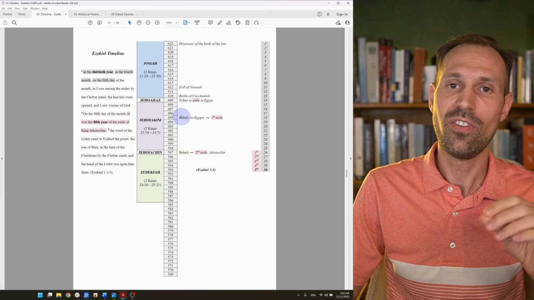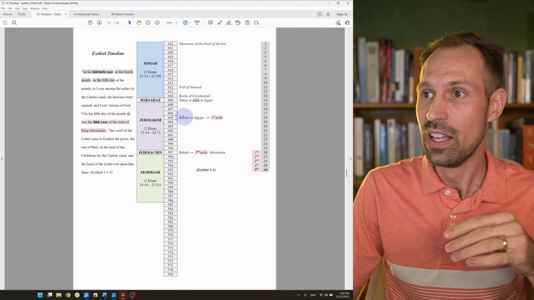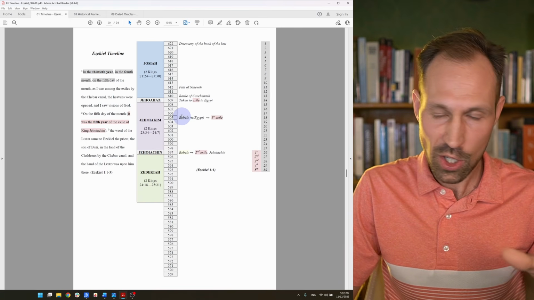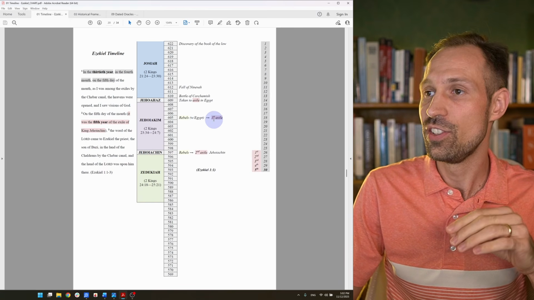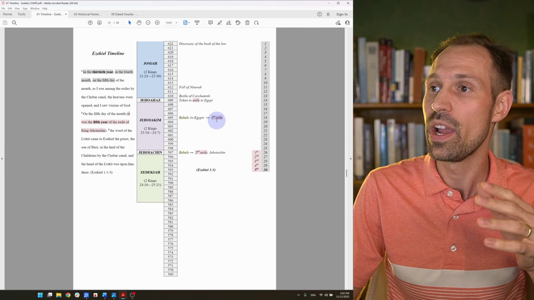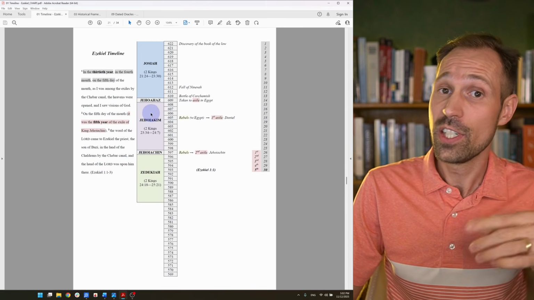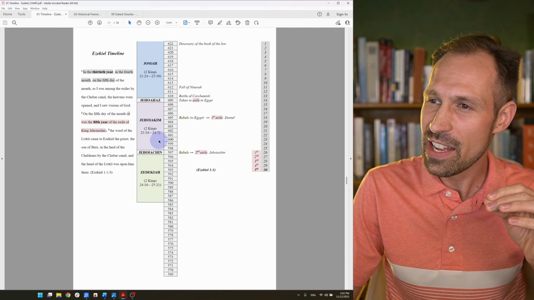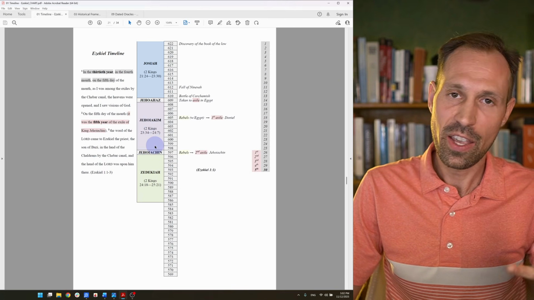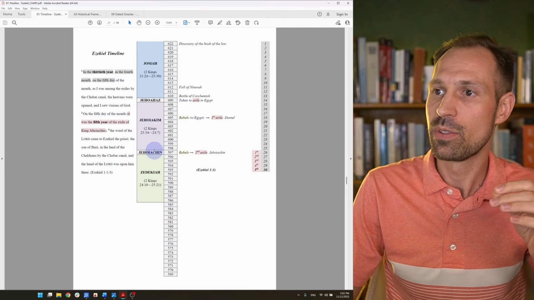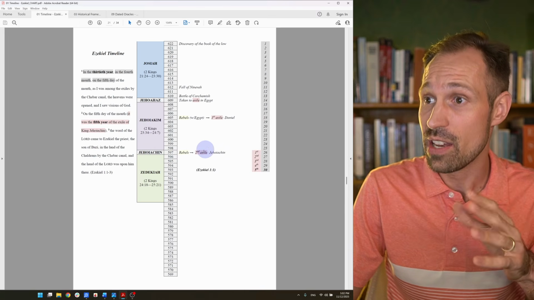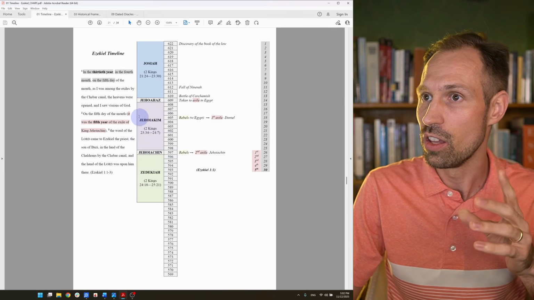So, in 605, he is going to rebel, but that rebellion is going to be squashed by Babylon, resulting in Judah's first exile, where Daniel is taken into exile. And Jehoiakim is going to rebel one more time at the end of his life, a rebellion which is also going to fail and result in his son Jehoiachin being taken into exile along with